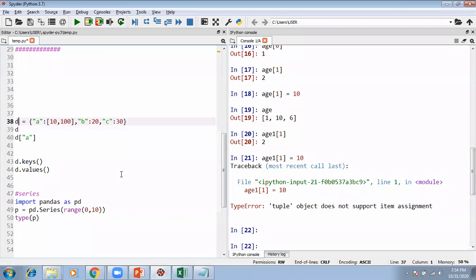In a list I was just adding the values, but in a dictionary I can add certain clusters. Like I'm writing dictionary D, just giving a name, equals to, I need to start it with a second bracket. So I write maybe the first cluster, I want to name it as, let's say, first.